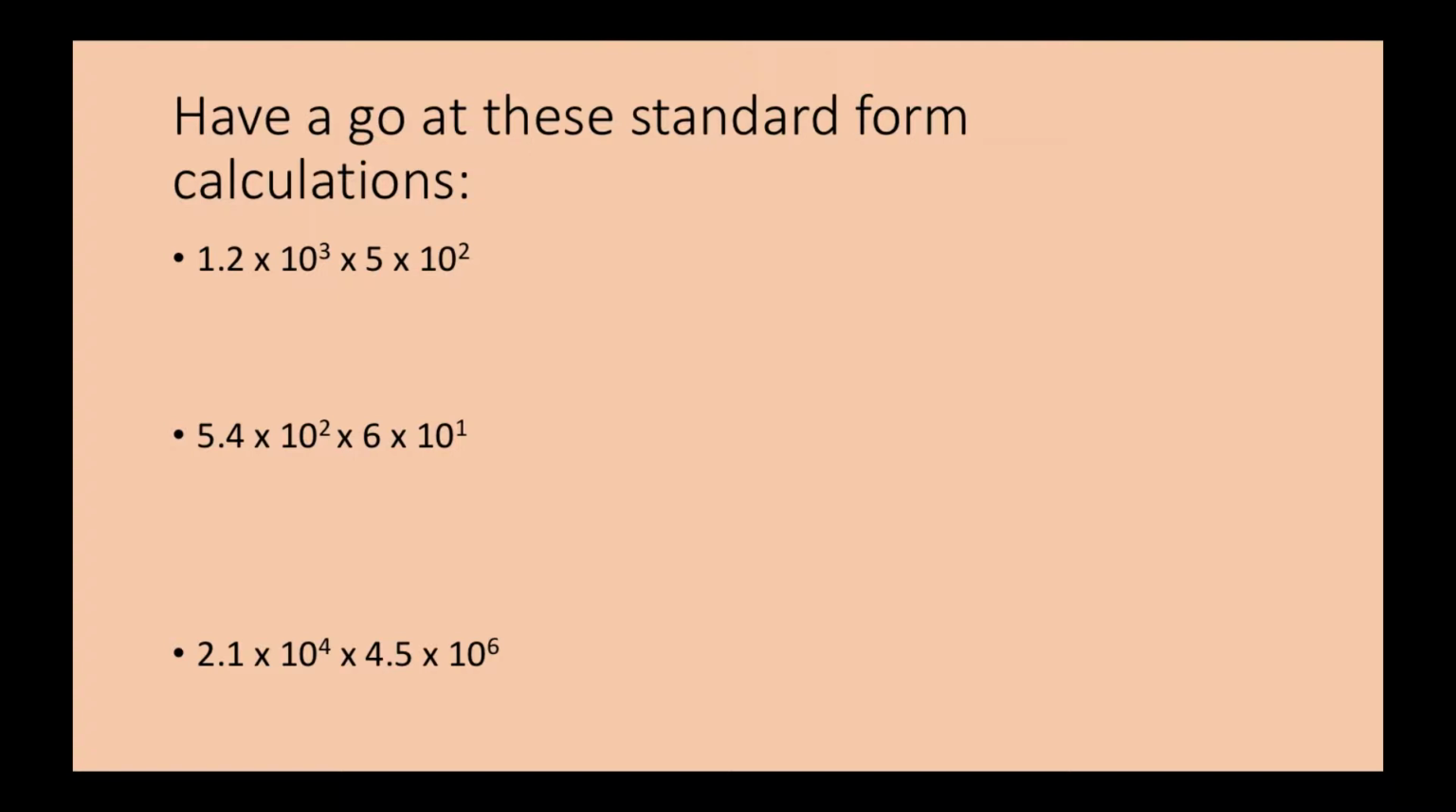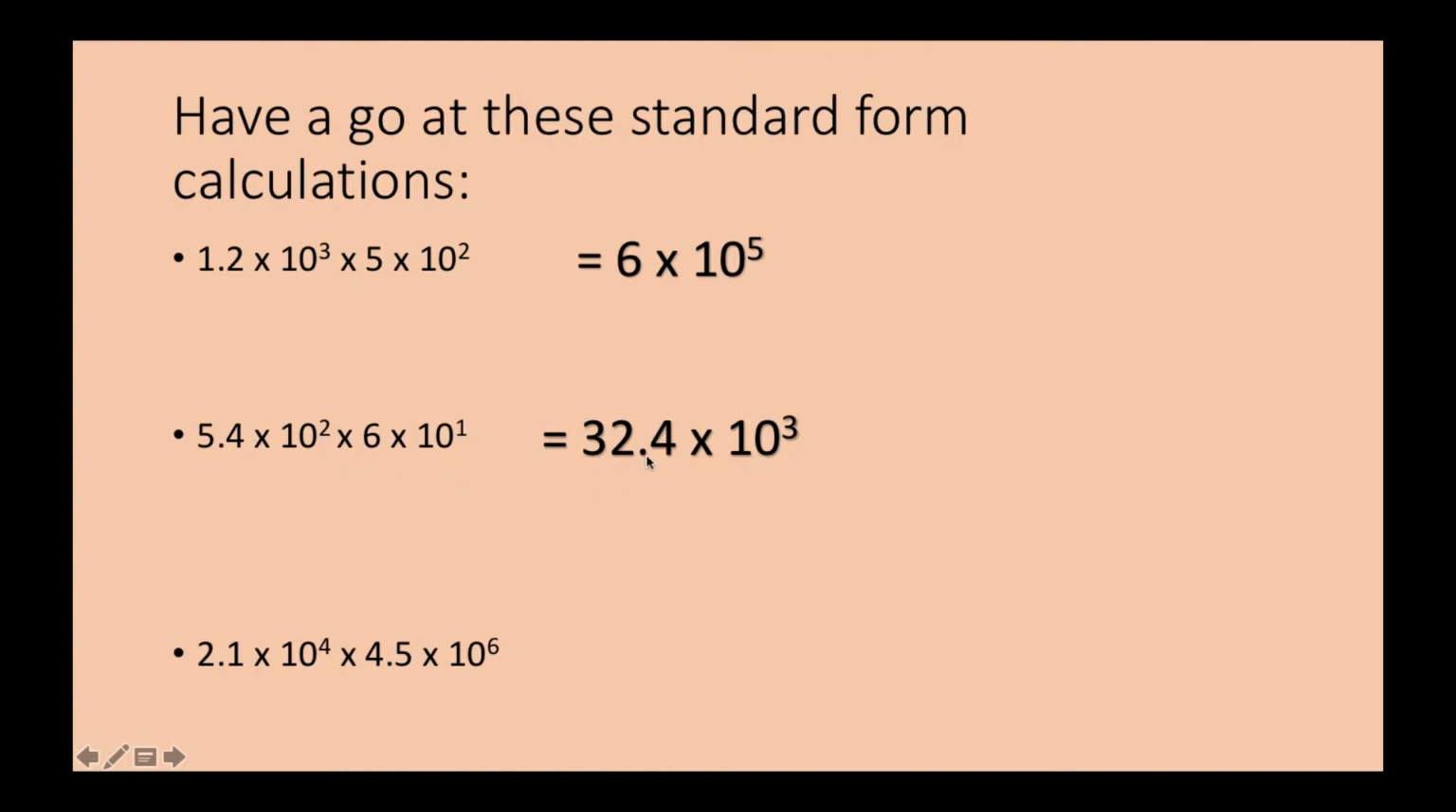So if you've paused the video and had a go, let's have a look at some answers. For the first one, we've got 1.2 times 5, which makes 6, and then we're going to add these powers together here. So that makes 5. So 6 times 10 to the power of 5. This next one, 5.4 times 6 gives us 32.4 times 10 to the power of 3,